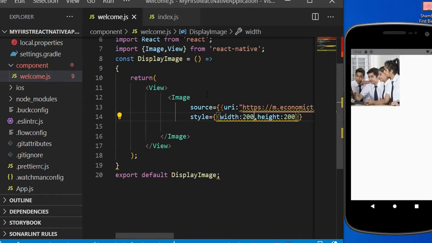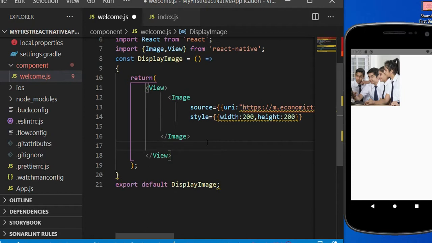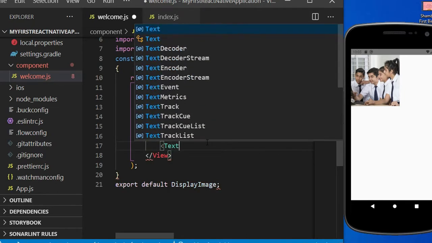Here View is a parent component, and Image is a child of the parent. In this View component we use this Image inbuilt component. Below this particular image, if you want to display some message like "This is an image of students", then we have to just use the Text component.